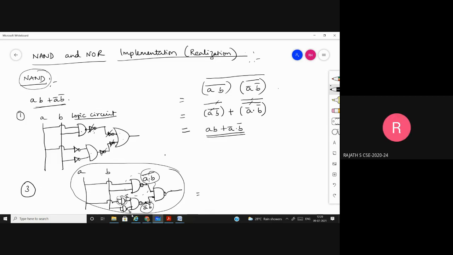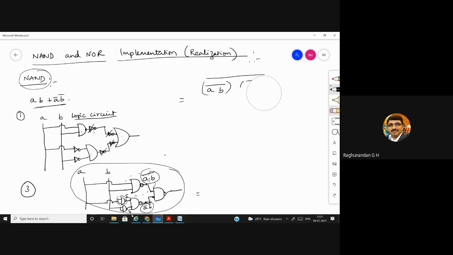Okay, sir. A single gate can act as any other type of gate. No need of using one NOT gate, AND gate, OR gate. You don't need different types of gate. So if you have NAND gate with you, you can do any type of circuits. That is the overall conclusion.